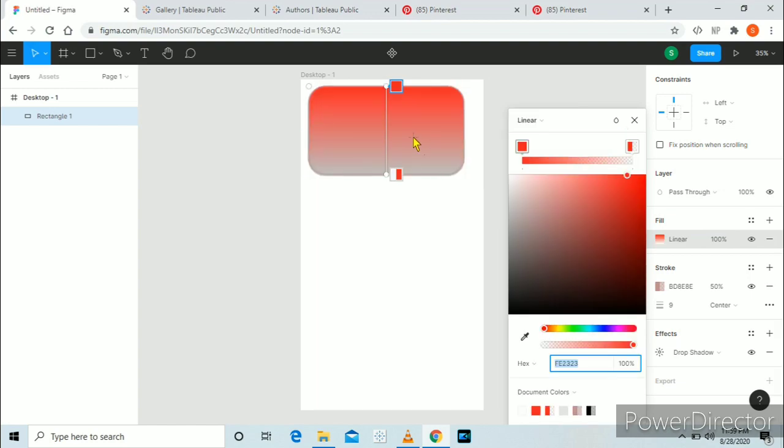Next thing you can do is you can do this linear color structure. So you can just change the color and you can decide how you want the color gradient. Just select the colors and drag those points here and there and your color gradient will be ready.